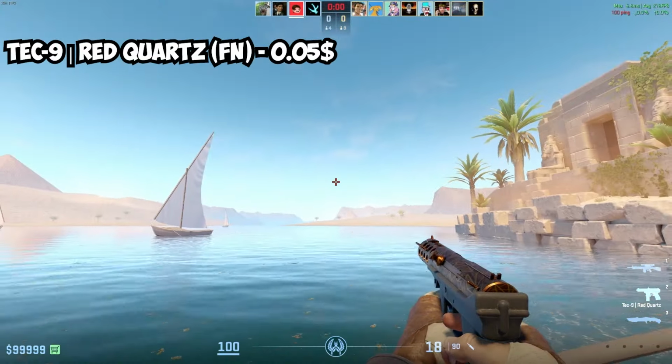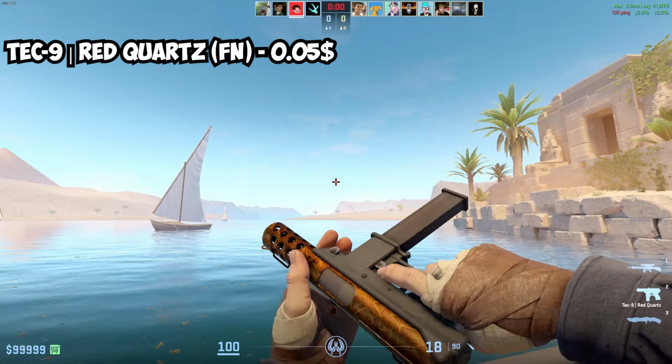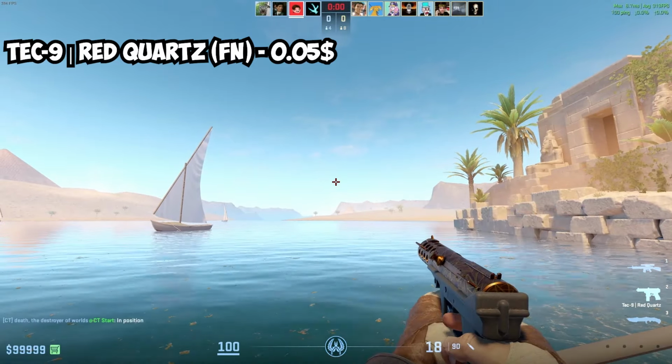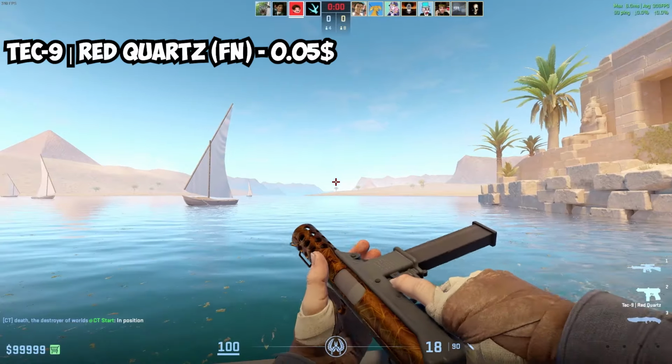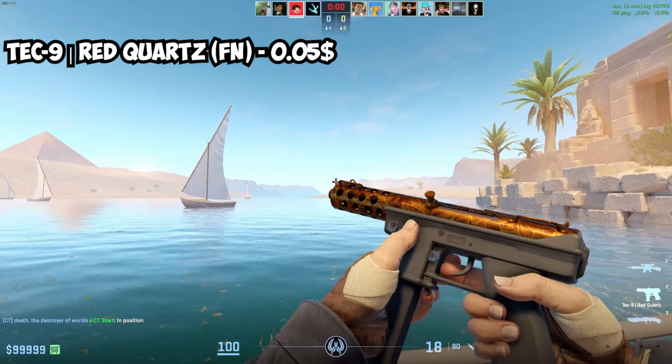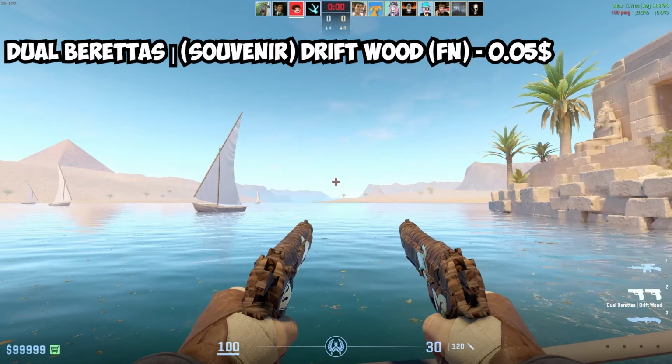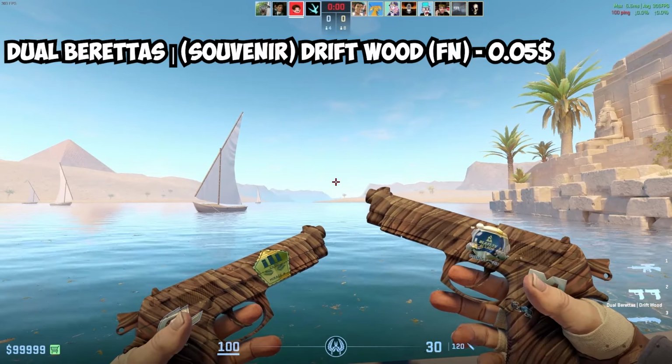And in my opinion, this one goes really well with the gloves for this color, and I would way rather have this one for my brown inventory than some camouflage skin that also has a lot of green and other colors to it. Now to the Dual Berettas, this one is another souvenir skin,